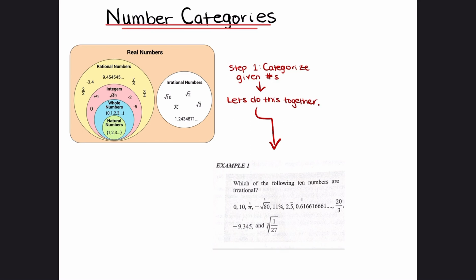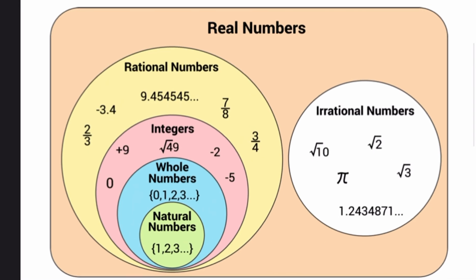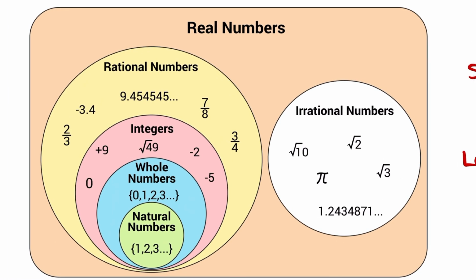But Competency 1 requires the teachers to understand the real number system. So the first topic we're going to discuss are the number categories. Now, what you're going to see here first and foremost is a very important graphic organizer to help you understand the real number categories. You'll see a large circle labeled rational numbers, okay? And inside of it, there's going to be 3 other circles, which we are going to label integers, whole numbers,